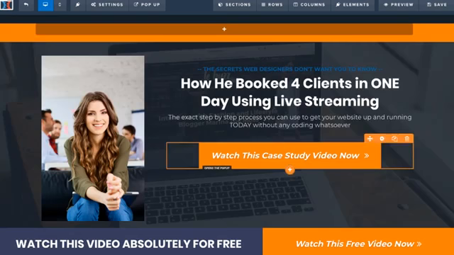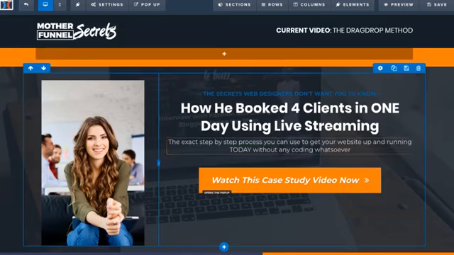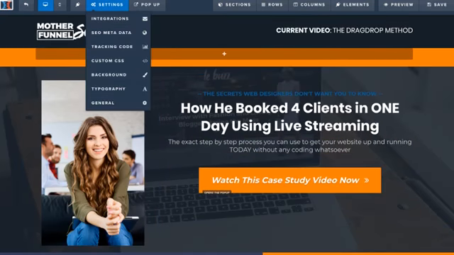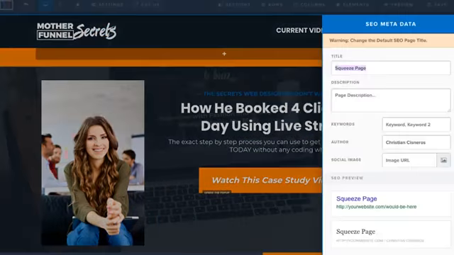And it looks like what this is doing is it's going to open the pop-up. So before I move on, I want to make sure I don't forget any of this. So I'm going to go back to the settings tab, and the first thing I want to change is the SEO metadata. So normally when you choose to create a new page, the default page is going to say something like